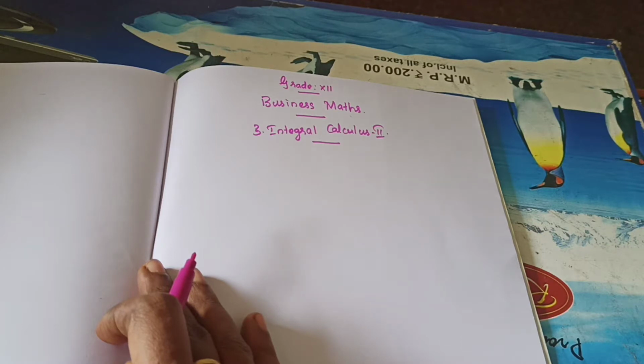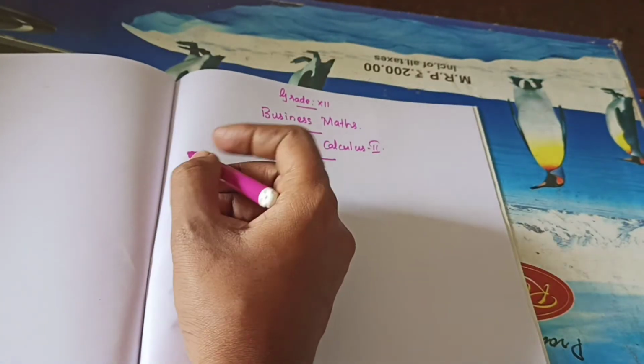Last class I taught you consumer surplus and producer surplus, and I gave you the formula. I hope all of you learned. Two problems are there in producer surplus. We will do those and afterwards move to the exercise. I hope within 2 days I will complete this chapter and we will start our next chapter. Let's move to today's class.